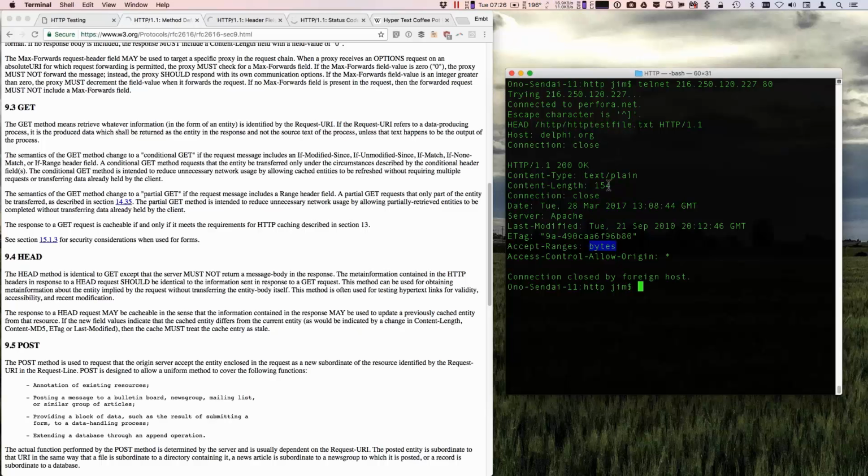Okay, so if content length is blank, because it's like, I don't know how big it's going to be. Now, you'll occasionally see this if you're downloading a file. Let's say you're downloading a file from a server that's giving you a collection of files together. So say you have like